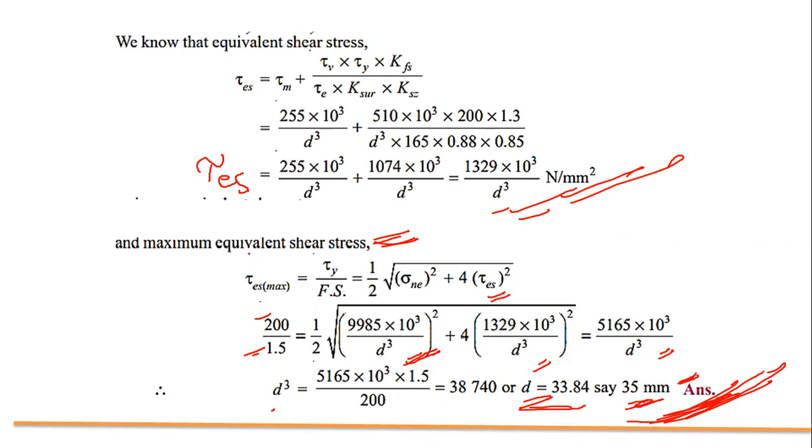This lecture, this class, is the last for the stress concentration chapter. In the next class, I will start a new unit, unit number 3. In unit number 3, we will learn about design of rivets, design of welded joints, and design of bolts. You can learn about these 3 topics. In the next class, I will start.